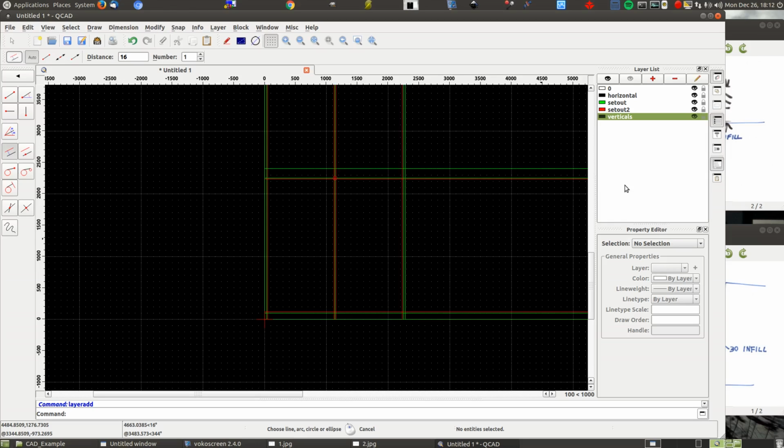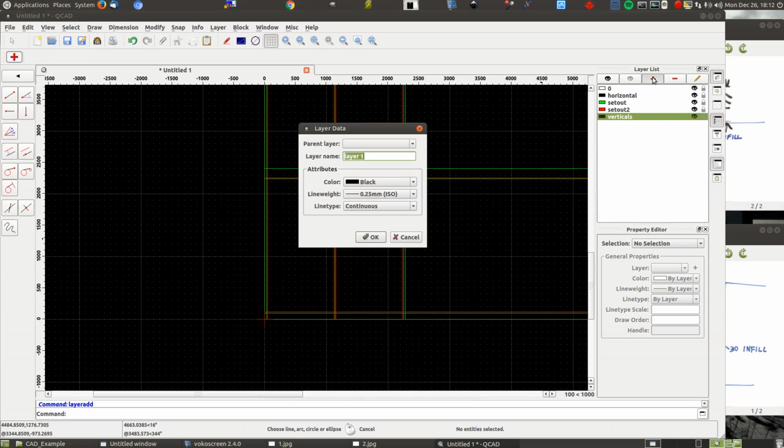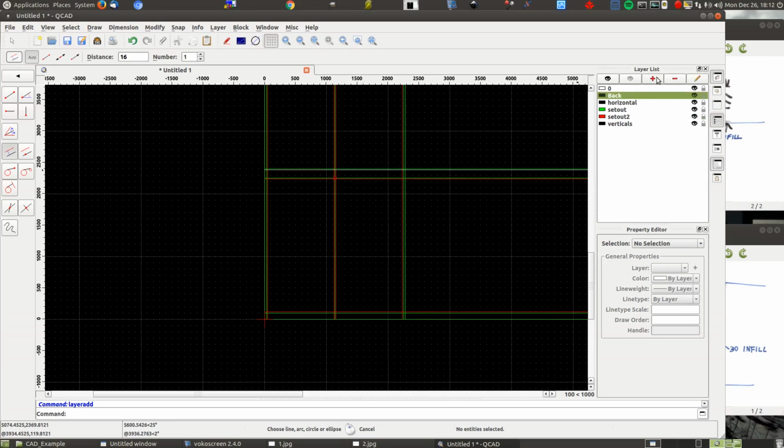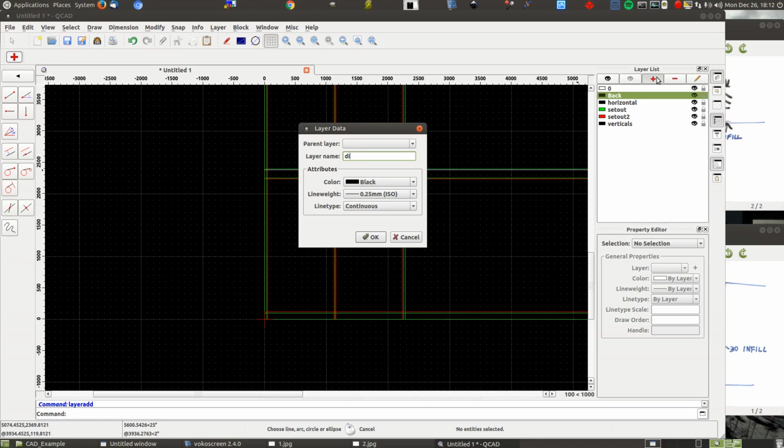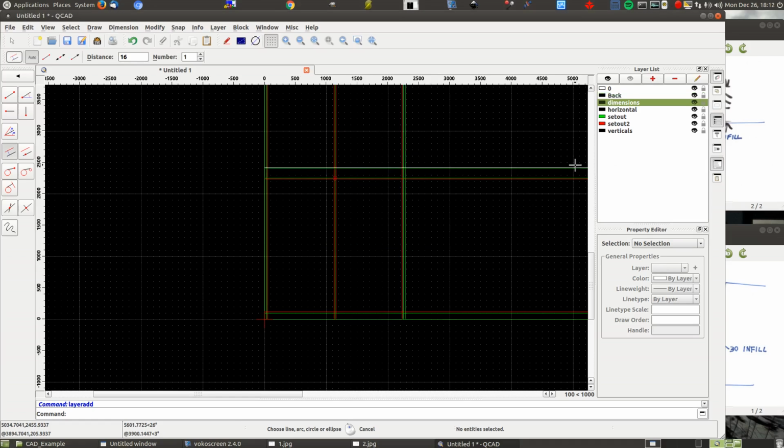Now, the backs of the cabinets are also verticals, and let's say you wanted to show them separately from the other generic verticals, you might make a layer called back. So let's do that. I'm just showing you different examples of what you might use as layers, and perhaps you might have a layer for, say, dimensions. So dimensions. Well, let's leave it at that. We'll probably make a few more as we go along. Alright, now,